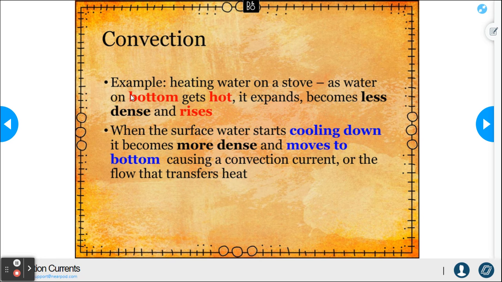All right, convection. So an example, we've talked about water on the stove, but same thing goes for heating the mantle. The bottom gets hot, so that's what you're writing in the blank, and it expands, so it becomes less dense and it rises. And then when the surface water starts cooling down, it becomes more dense and moves to the bottom. So you're just filling in the word more. And this causes convection currents or the flow that transfers